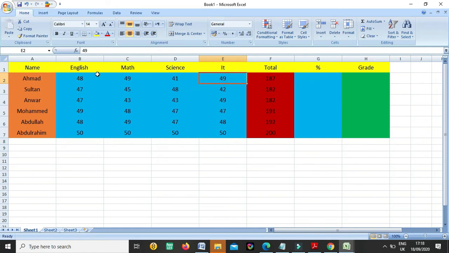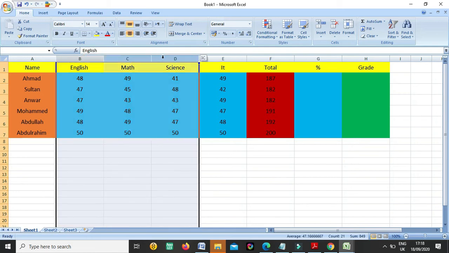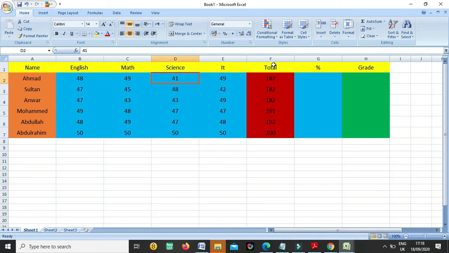So how much is it now? 50, 50, 50, 50, like 200. Okay, so when we take percentage, we need the total marks, meaning the actual marks from which I am giving the numbers. So suppose now we have this total. When we were taking the total, we were focusing on these cells. Now we are taking the percentage, so no need to focus on these, we will focus on the total. So we write equal to, what is the cell number of this? F2.